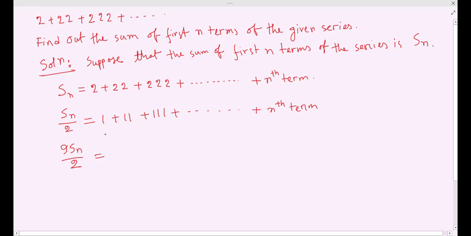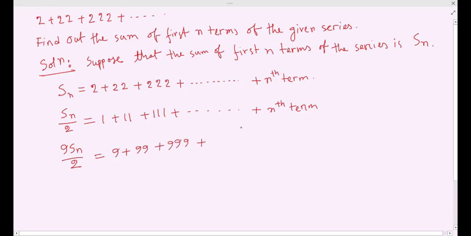We are going to make this the series like 9 plus 99 plus 999 like this. So for this we will multiply the series with 9. If we multiply the series with 9, then we have to multiply 9 with the left side also. So multiplying 9 on both sides, we will get 9 plus 99 plus